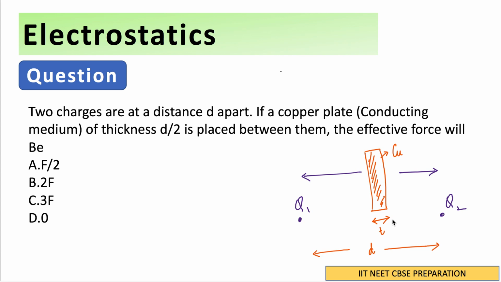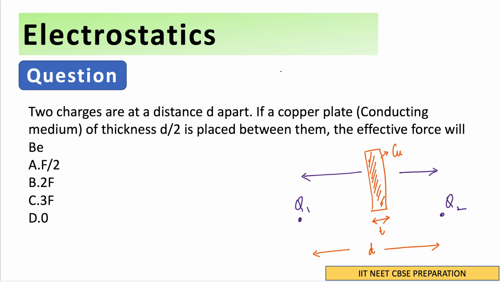and the copper plate is of thickness t. Now, when you're writing the electric force, you have to take into consideration the new distance. The only thing that changes when writing the electrostatic force will be the distance. Why? Because now the distance is not d. It will be d minus t plus root k times t. That is the main difference that will come in writing the electrostatic force, the third formula that will come in Coulomb's law.